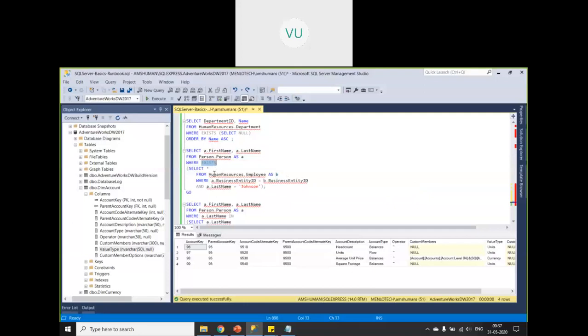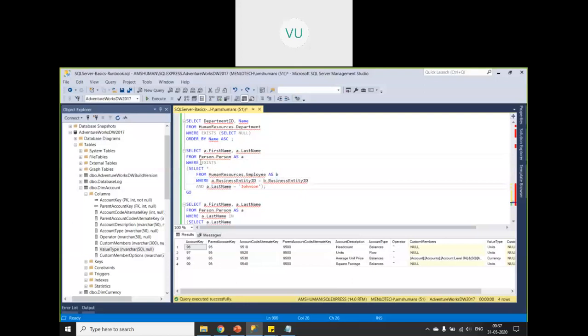So when you use exists, that type of correlated subquery means there is a relationship between your inner table and outer table, so the filtering is done based on a condition on your inner and outer tables. In the where condition, I'm saying A dot some column name equal to B dot some column name, and A dot some column name equal to some literal value.